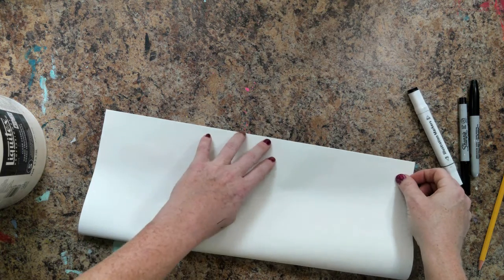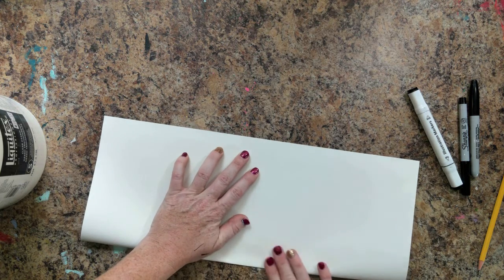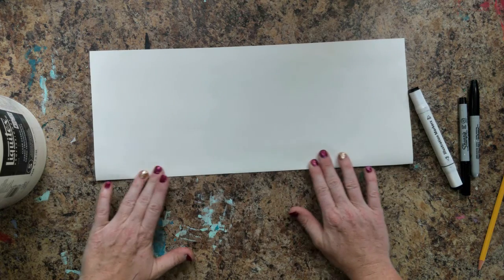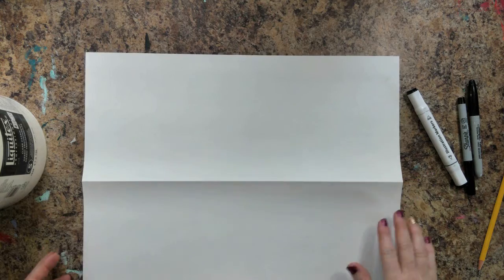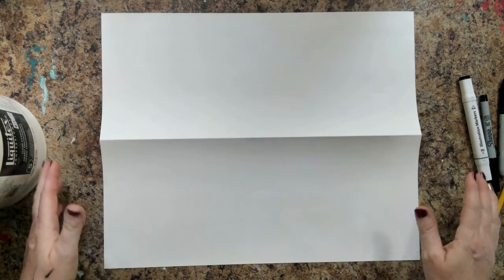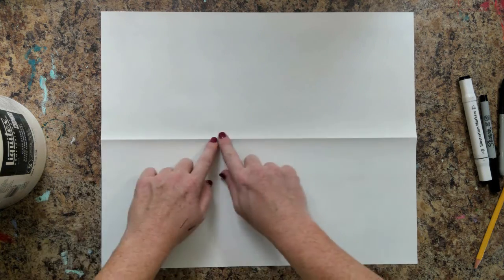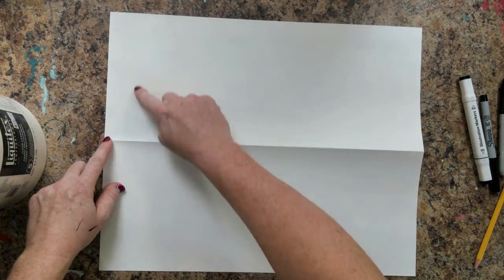Alright, then gently holding it with one hand, I'll kind of start gently creasing my paper. Okay? So I'm going to give a nice crease. Now I'm going to open it up. Okay? So now my paper is turned horizontally, okay? And I'm going to write my name. And you see where I have this creased line? I'm going to make sure that's going to be the line, my baseline, okay, where my name is going